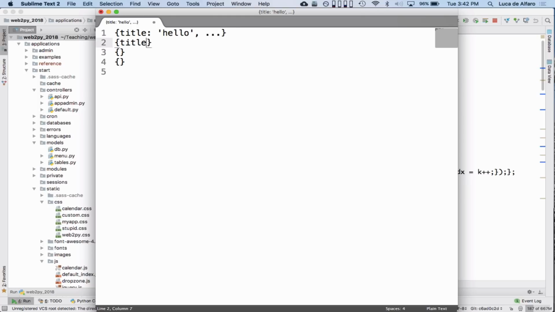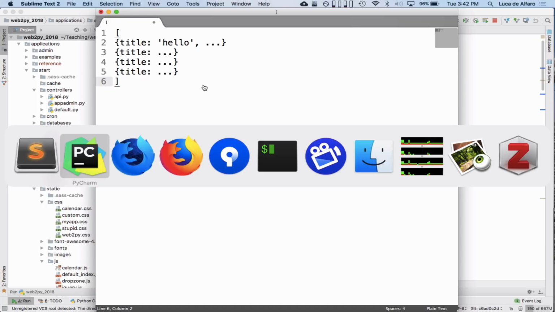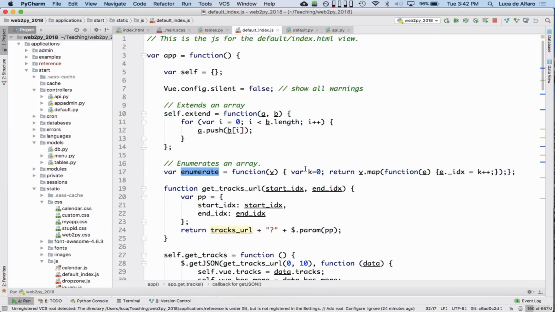So each one of these is an array, each one of these is an object, okay? I just say title to give you an example of one of the particular members of the object, okay? So this is my array. So if you will, there is at the beginning the open and the close of the array, no? Something like this. So on an array of objects like that, I set k to 0, and then